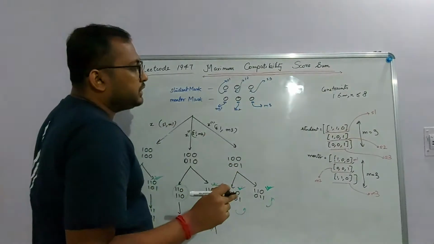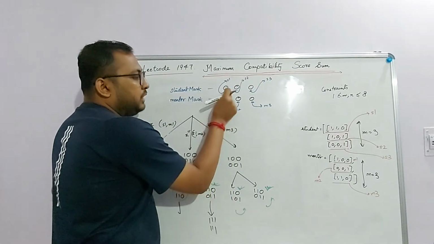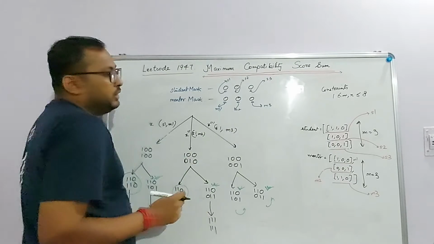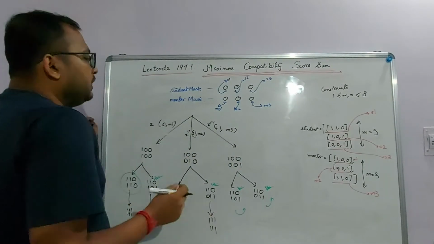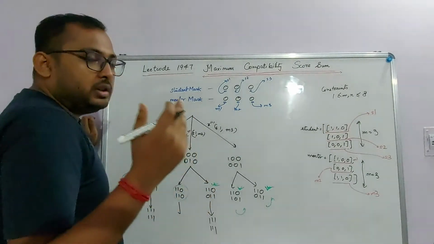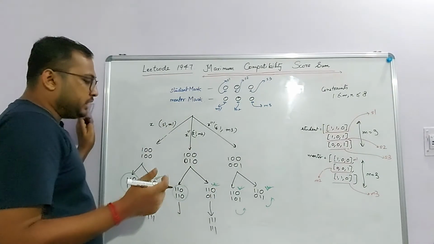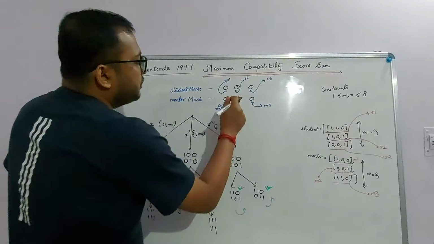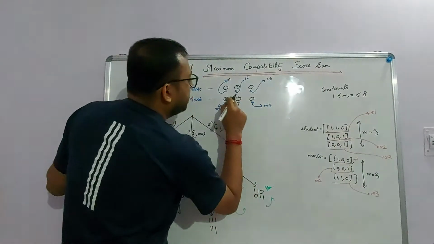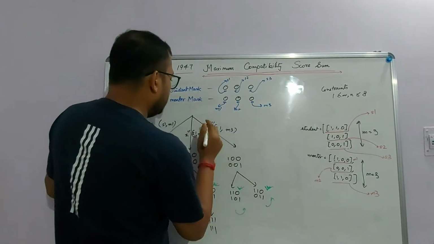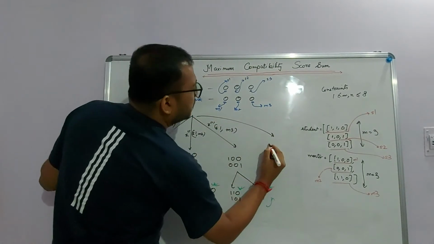Now let's try to understand why, for a particular i, I only moved ahead for all values of j ahead. Why did I do that? That's because the problems are repeating. So for a particular i I know what all states I can visit. So let's say I actually move back and I again do this computation. So I check for student 2 and map it with mentor 1. So let's say here I have one more branch where I do this.